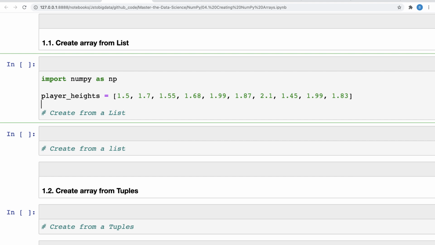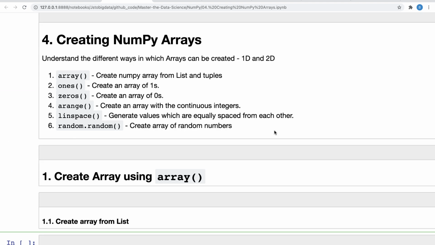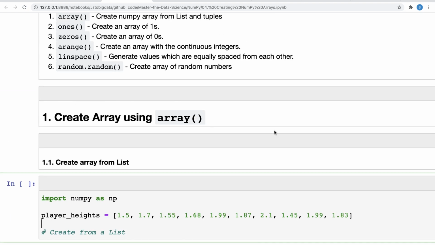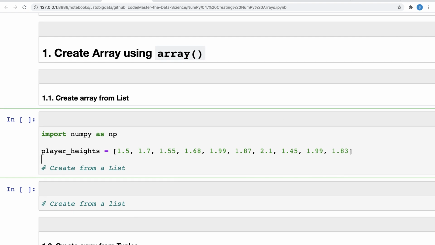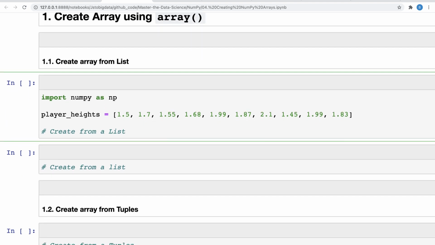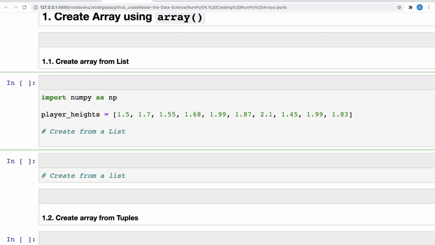Okay. So from now I think it'll become a little bit more hands-on, and you need to pay a little more attention on each of these. So let's say you have this Python list and you want to convert it into a NumPy array.